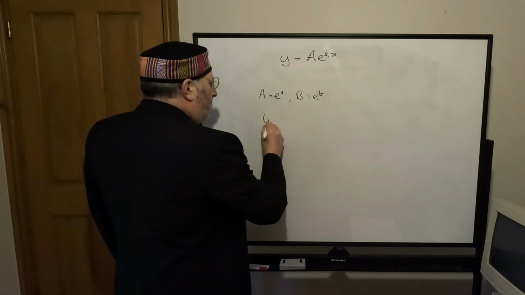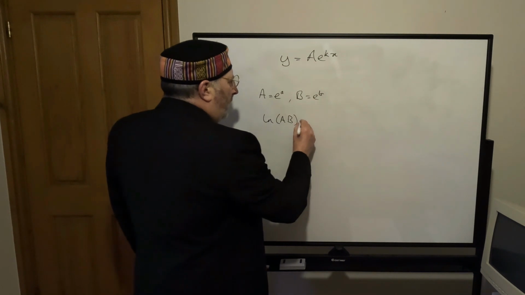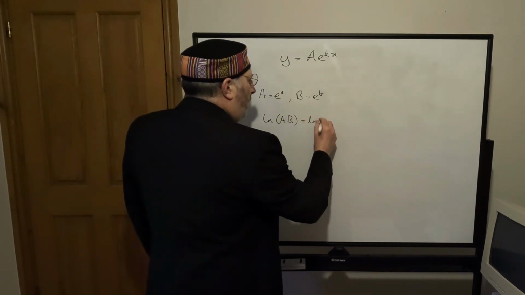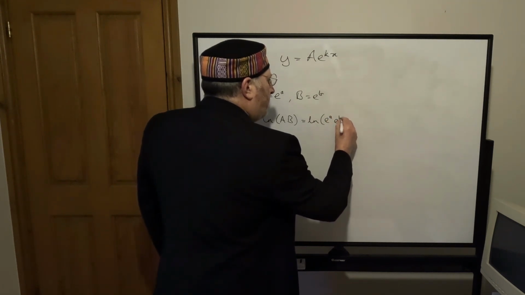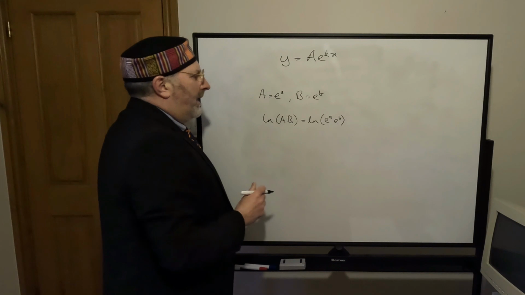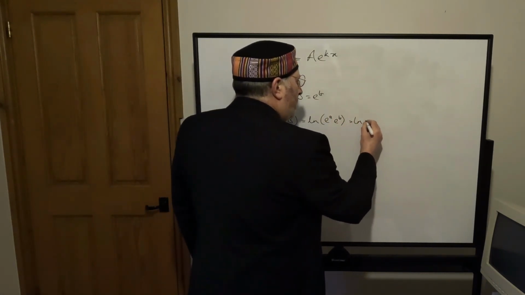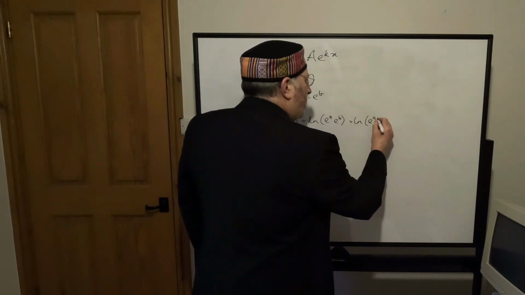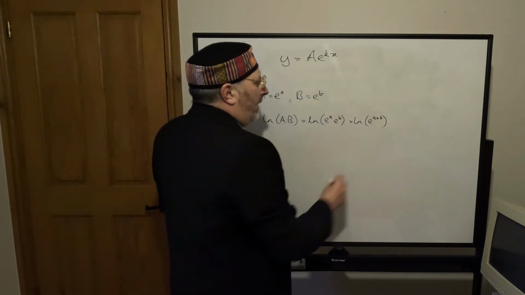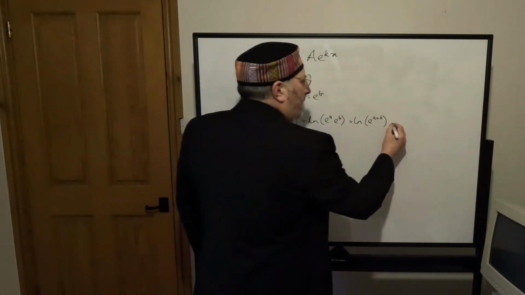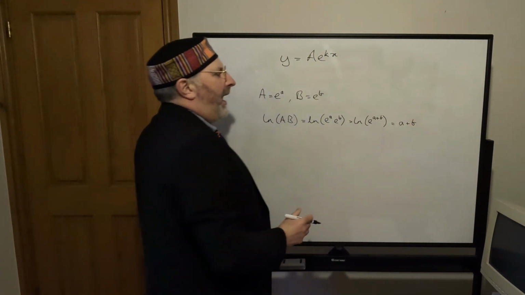And we want to find the log of a times b. Well, the log of a times b is the log of e to the a, e to the b. And e to the a times e to the b is e to the a plus b. And the logarithm of e to the a plus b is then, by the definition of the logarithm, just a plus b,